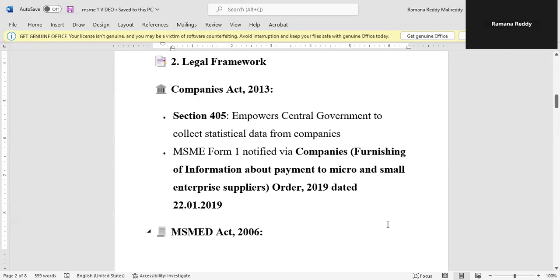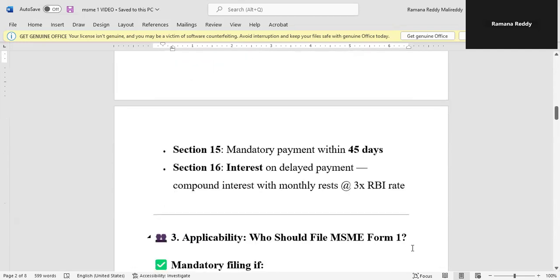Onwards, MSME Form 1 is applicable. And the MSMED Act 2006, we already discussed. Section 15 mandates payment within 45 days. Section 16 talks about the interest on delayed payment, that is compounding interest with monthly rests at 3 times the RBI rate.